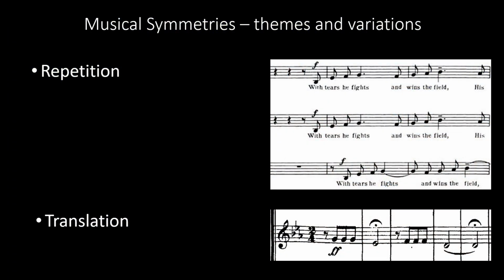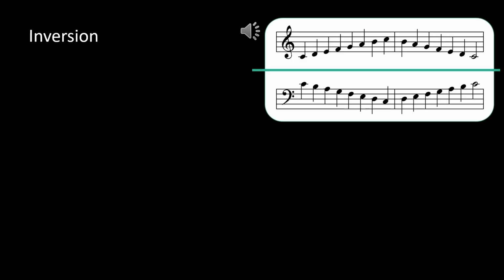Okay, translations, fine. We can go across, we can go up and down. What other kinds of symmetries might we imagine? Well, we can reflect things in geometry. Can we reflect things musically? Yes, we can. That's called inversion. So here's a horizontal mirror, and we can reflect a theme. Here's a very simple one, because I'm a simple person.